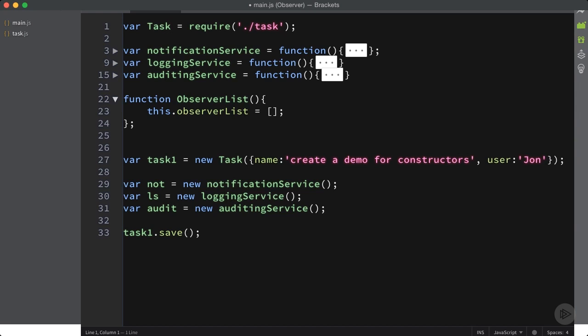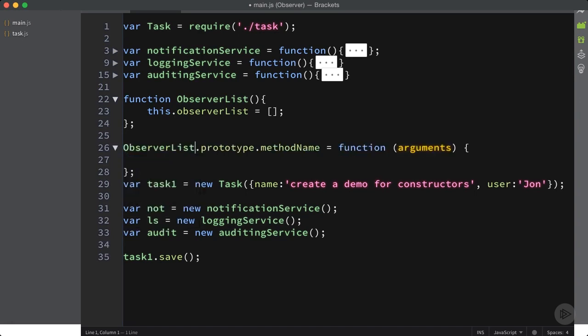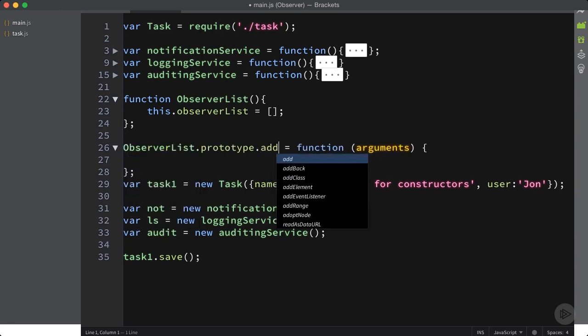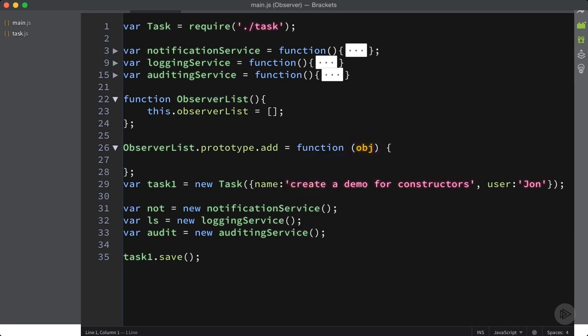Now that we've got our list, we have to add all the methods to it. So the obvious methods for our observer list are going to start with add. I want to add an observer to the list. So we'll do a prototype. Observer list. The method is going to be add. And we are going to pass into that an object. And in this case, we're just going to return and push whatever is passed in onto our observer list. So as observers are registering themselves, whatever they send to add observer is just going to be pushed onto that